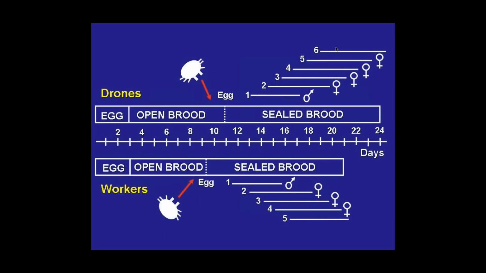If you look at the development time for worker bees, which is 21 days, you can see that they can dependably mature one offspring, frequently two, and almost never three. The drone brood, on the other hand, which has a longer development time, allows Varroa to reproduce more offspring. And this graph is critical to understanding Varroa because